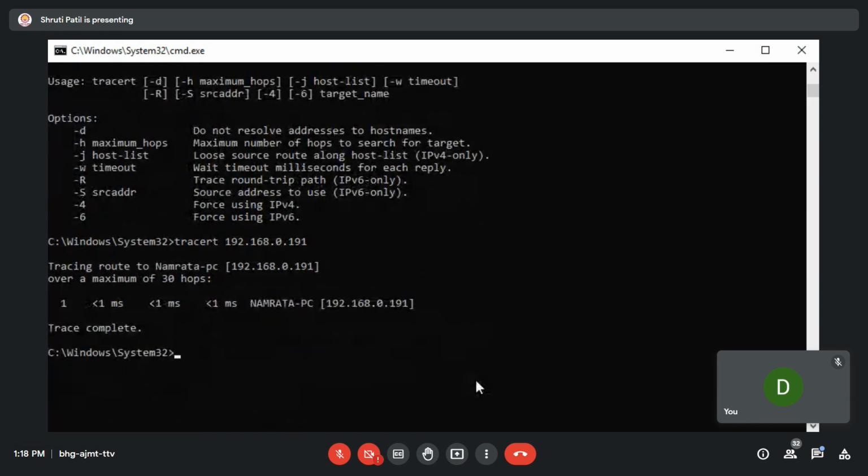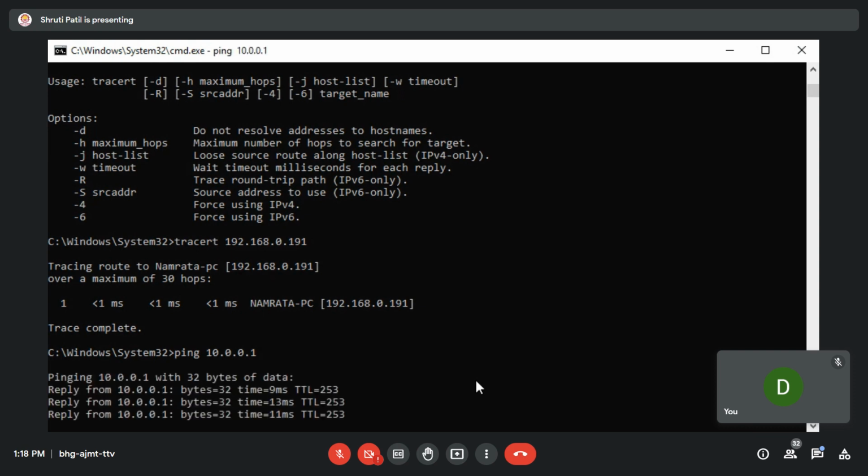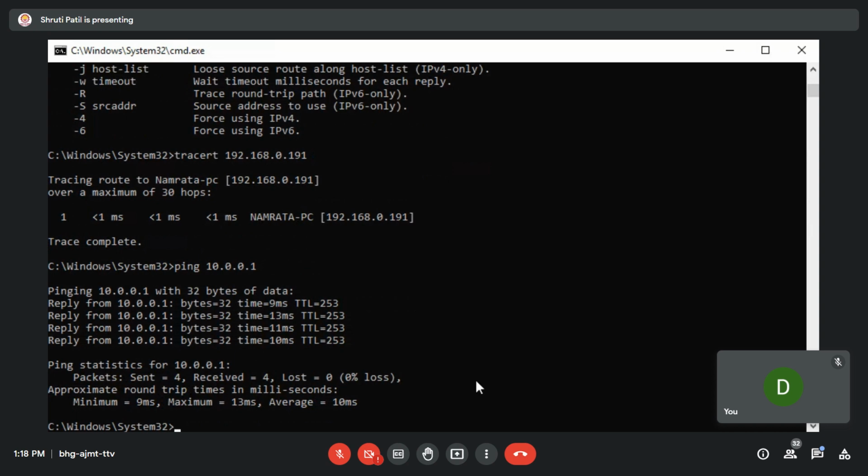Now for ping again, one more thing. For ping, you can give 10.0.0.1. This is like 10.0.0.1 is, it is